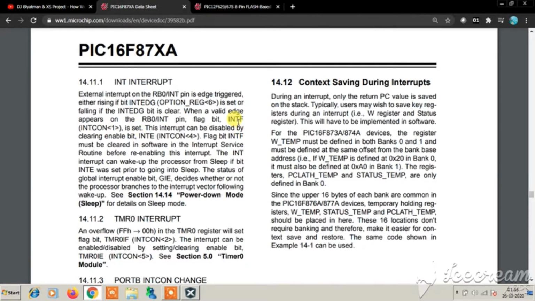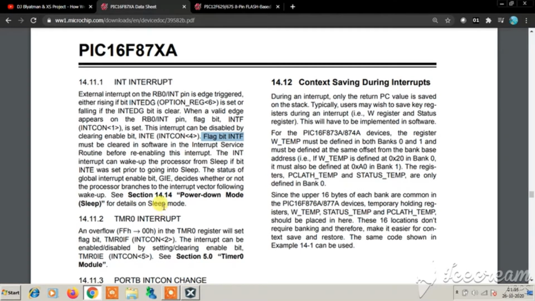This is the INTF flag bit. To enable the external hardware interrupt, you need to set up the INTE first. It says the INTF flag bit must be cleared in software in the interrupt service routine, ISR, before re-enabling this interrupt. So this must be cleared in software at the end of the ISR.